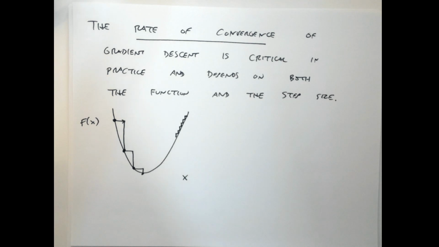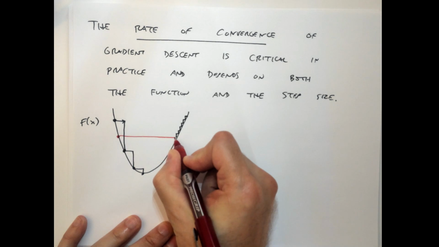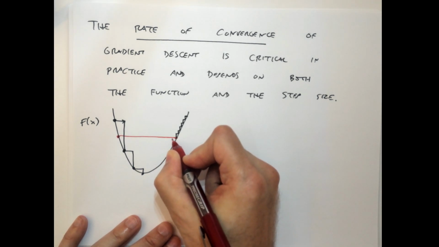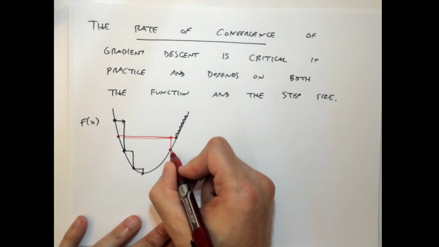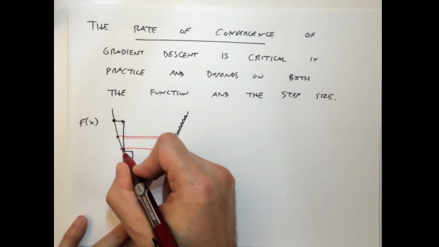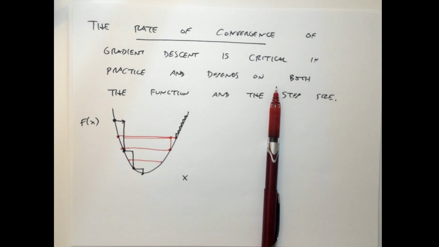Or conversely, suppose that I take huge giant steps. So suppose I know I have to go to the right at this point. I'm going to step all the way over here, and now I hit this point. Or maybe I go over here and I hit this point. Oh, I overshot. Now I have to go back this way, and I hit this point. Now I'm going to go back this way, and I hit this point. So if I don't choose the step size small enough, then I could end up taking massive steps and coming back and forth. It may take me a long number of steps, because I'm oscillating between two sides of